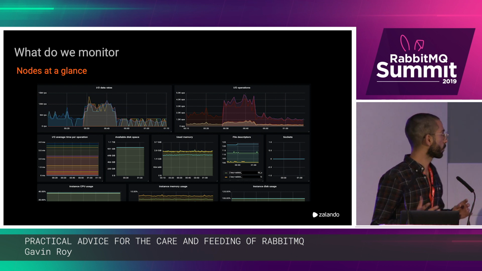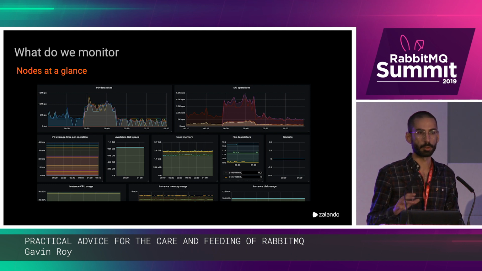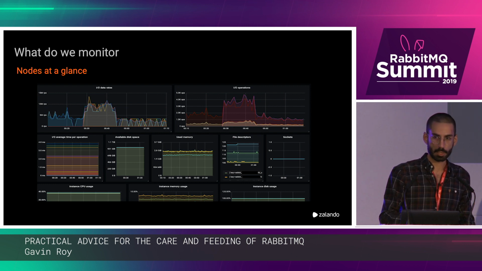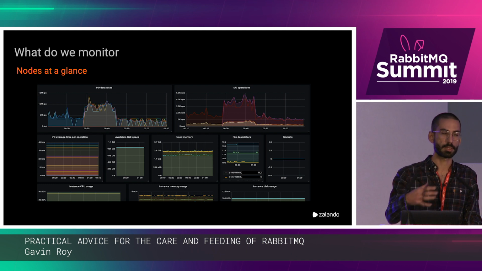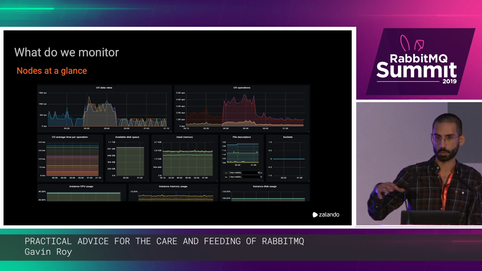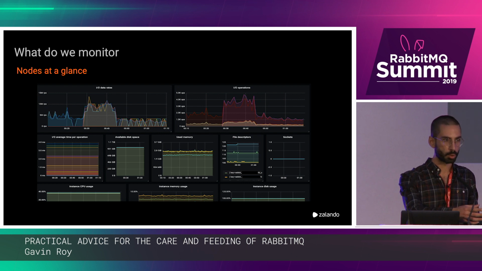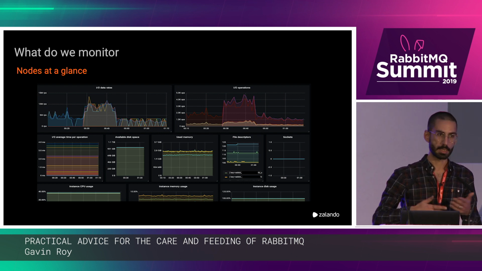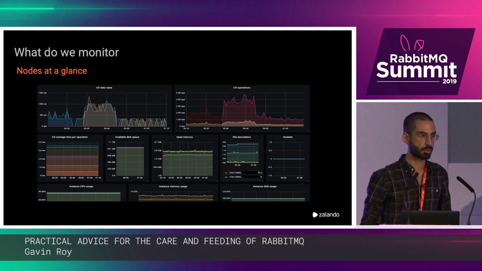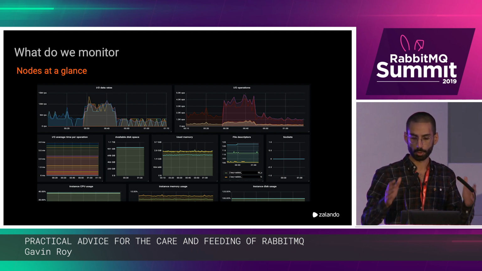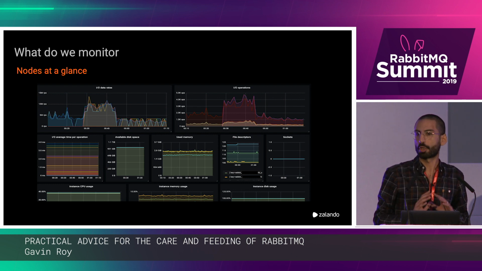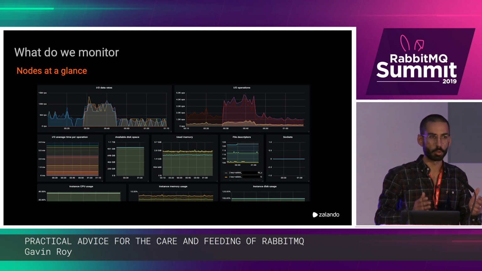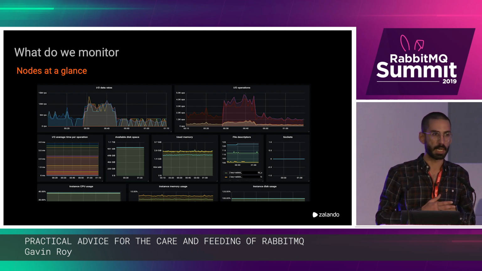But most of the screenshots that I'm showing now are actually just from our RabbitMQ Grafana dashboard, but this is not the only dashboard that we use to monitor. So every application has generally its own dashboard where it monitors its own performance, data stores, and everything, alongside its own connections and channels and publish and consumption rate from Rabbit. But that's just from our Grafana dashboard of RabbitMQ, which is generally a very good starting point for me to check up where things are going wrong, if something is going wrong, because that gives you a very high visibility